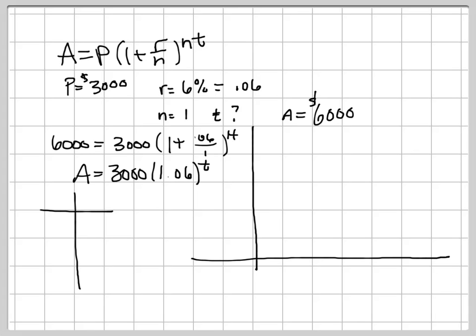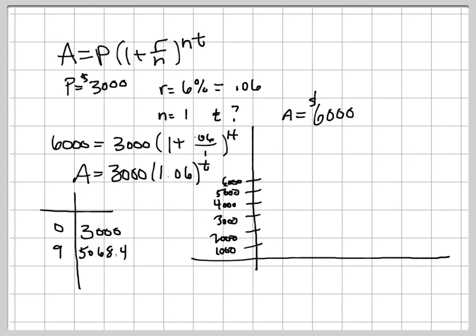I could plug in a couple of values, and these are the values that I chose; some of these are arbitrary. I did a little bit of research, plugged it in, and found out which ones worked. 0 is easy because I started out at time 0, so 1, 2, 3, 4, 5, 6, there's 6,000. These are in thousands, so 1,000, 2,000, 3,000, 4,000. There we go. So 9 years into it, I have 5,068.4. I just rounded to the nearest tenth, and I went all the way to 12 next,